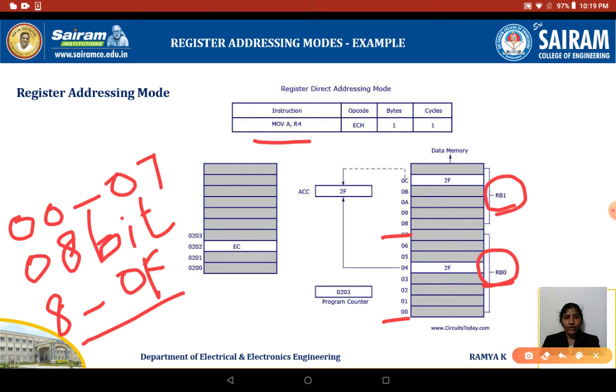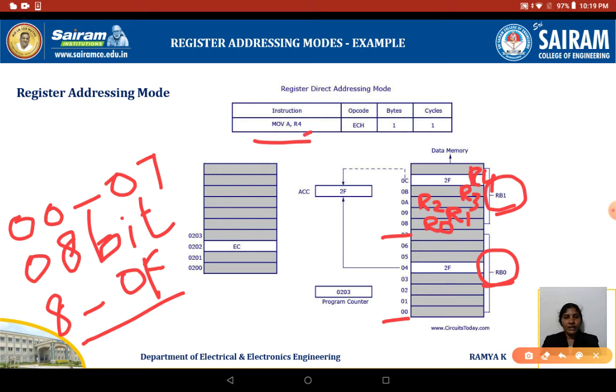In that, R4 will be selected. So RAM address 08 specifies R0, 09 specifies R1, 0A specifies R2, 0B specifies R3, and 0C specifies R4.